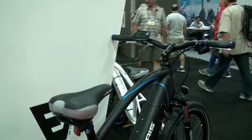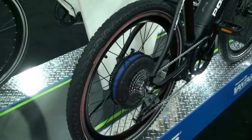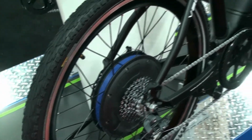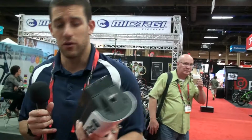We've got a couple of nice little design elements with our blue ring on the bike, which will show you this is an eVantage motor. It's all proprietary, and it's only from eVantage. Our batteries have a controller inside the battery, and one thing that's nice about this battery is that if you look inside of it, there is now a mini USB, which is where we'll be able to do extended